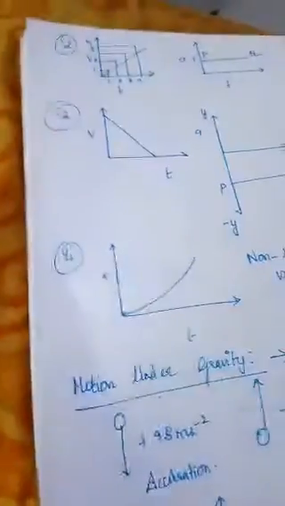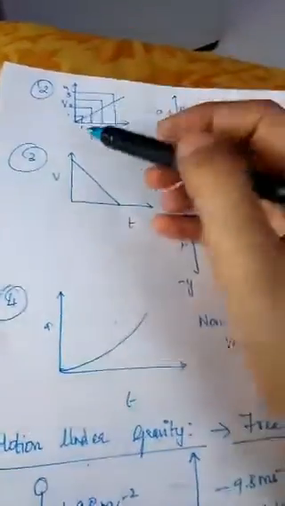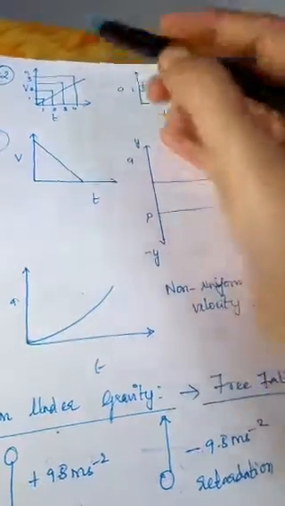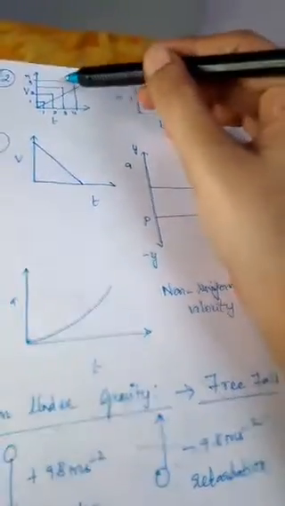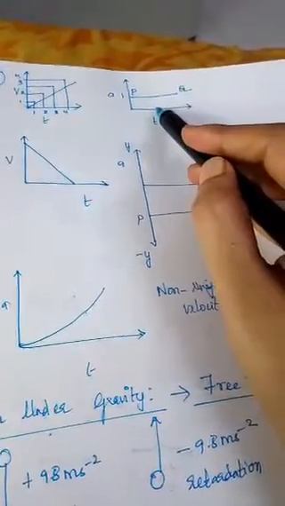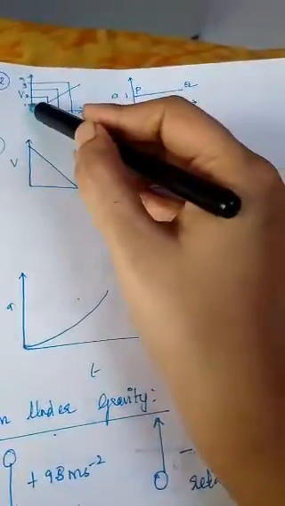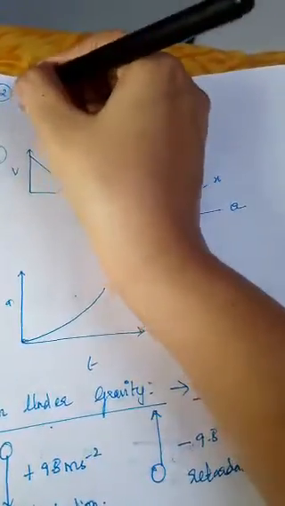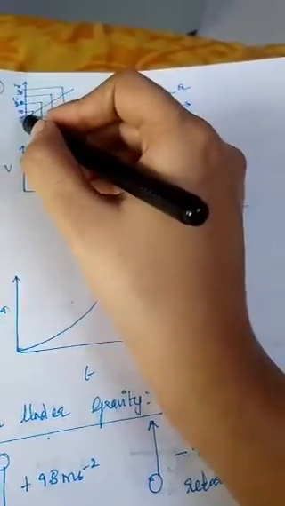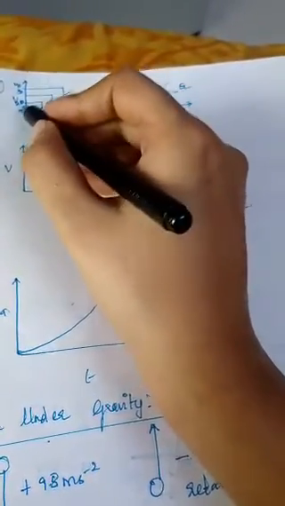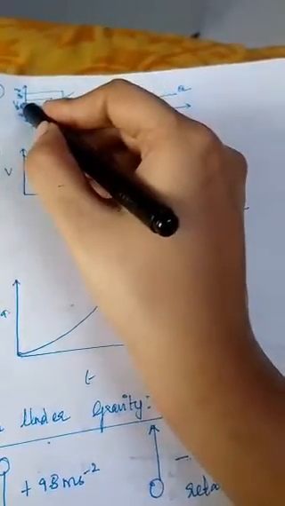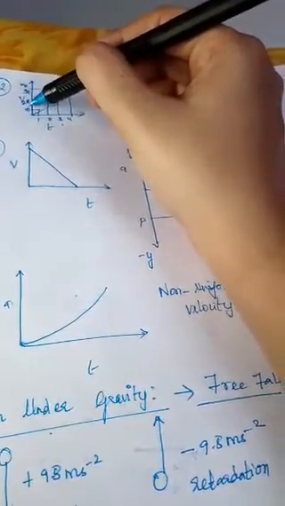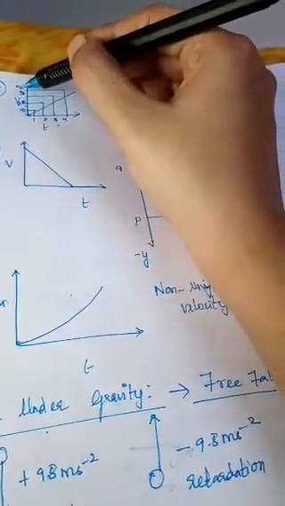Now next one. If the object is going to travel with a velocity which keeps on increasing, in that case you will have uniform acceleration. Listen, for 1 second let me take it as 10, this is 20, 30, 40. When the time is equal to 1 hour, the velocity is 10. When it becomes 2 hours, it becomes 20. When it is 3 hours, it becomes 30, 4, 40. Can you see it is gradually increasing by 10? Yes or no? Here it is increased by 10, again by 10, again by 10,